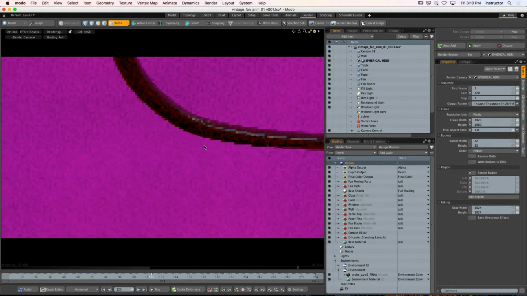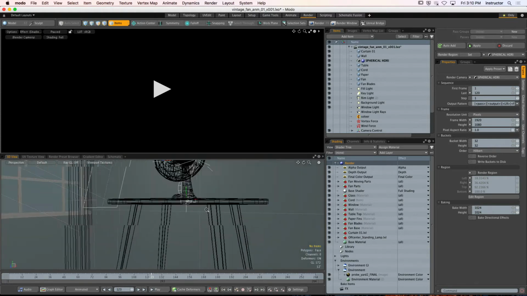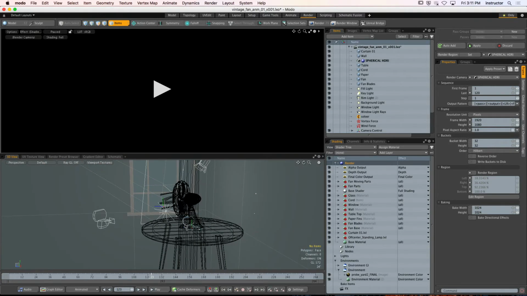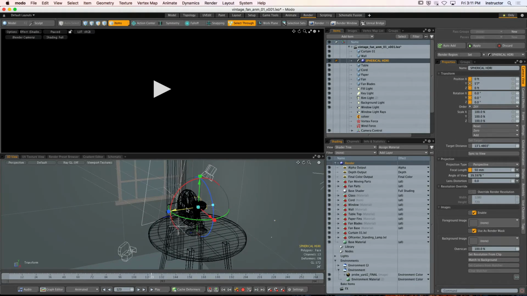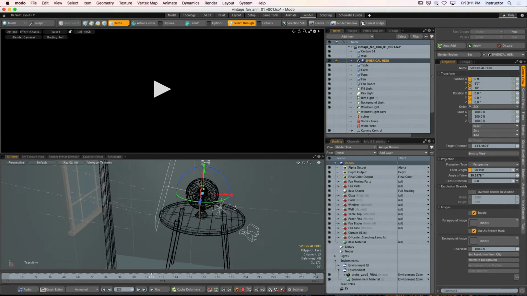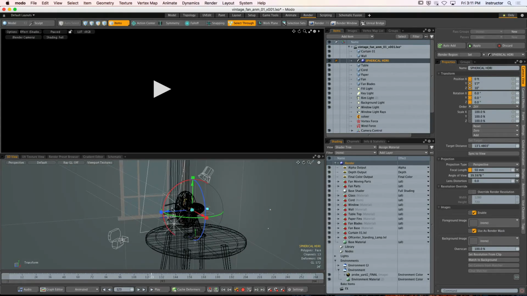Now, the default location for every camera is where? The origin of the scene. So right now, my camera is kind of right down there at the base of my object. Okay, now I'm going to select it real fast, move it up, and I'm going to put it kind of right in the middle of my scene. Okay, at the focal point of where my camera is. Now, here's what I'm going to do. I'm going to turn off all the items that are responsible for my